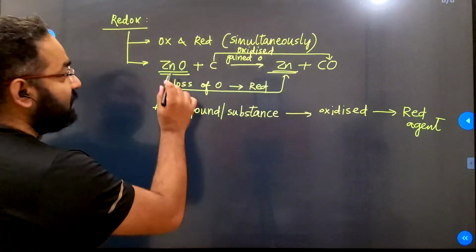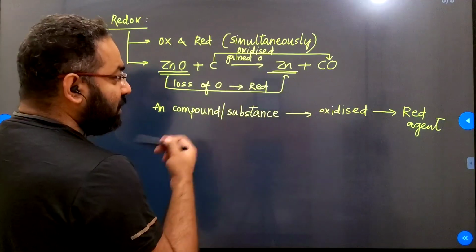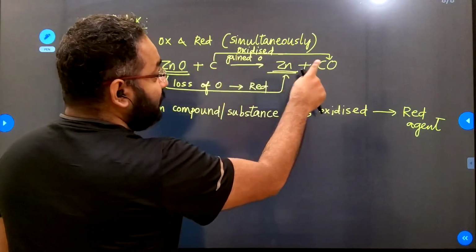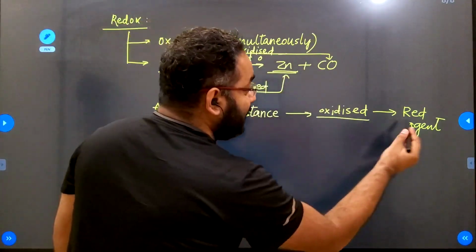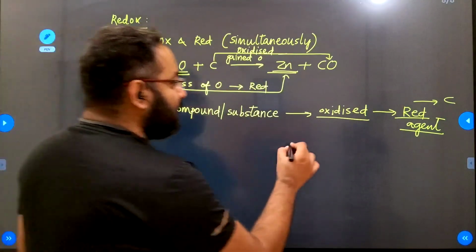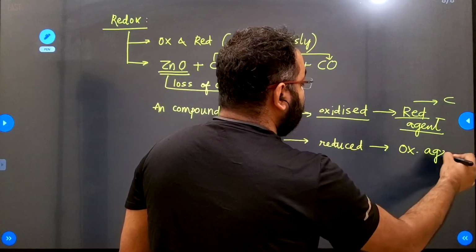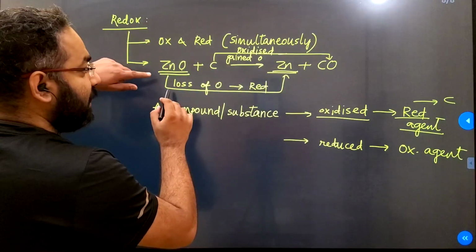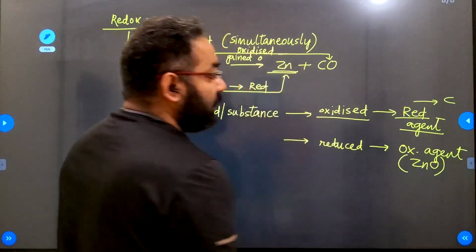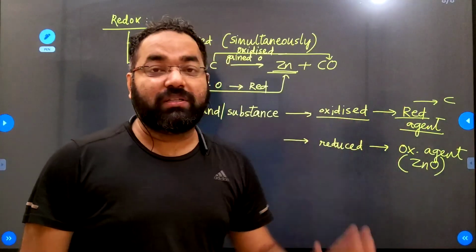So if you notice, zinc oxide is undergoing reduction. So since zinc oxide is undergoing reduction, it can be categorized as an oxidizing agent. Whereas if you notice, carbon is getting oxidized. Since carbon is getting oxidized, carbon is the reducing agent in this equation. Apply the same thing to the other one as well. Any substance that is getting reduced will be the oxidizing agent. So look at the equation and tell me which is the one that is getting reduced. Zinc oxide is getting reduced to give you zinc. So zinc oxide becomes the oxidizing agent. It is always the reverse. Anything getting oxidized is the reducing agent. Anything getting reduced is the oxidizing agent.